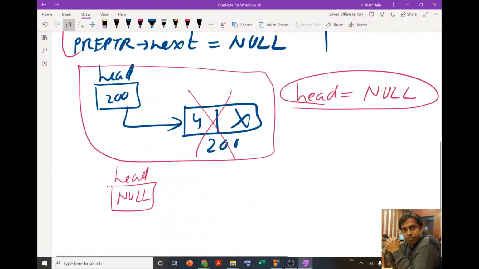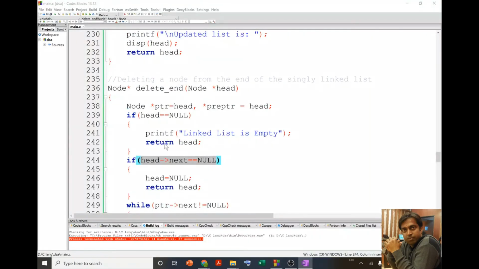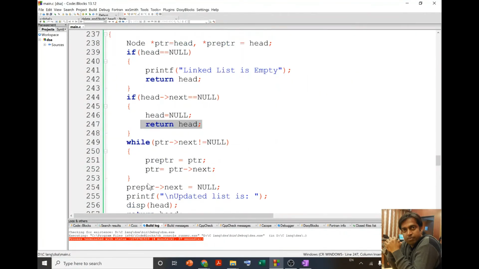We are checking for this condition in which head 200 next is null. If this condition is true, then we update the head as null and return the head. But if this condition is not true, then we come over here.